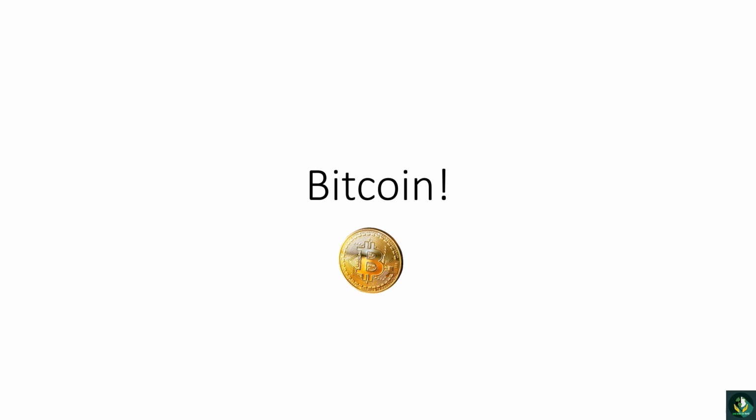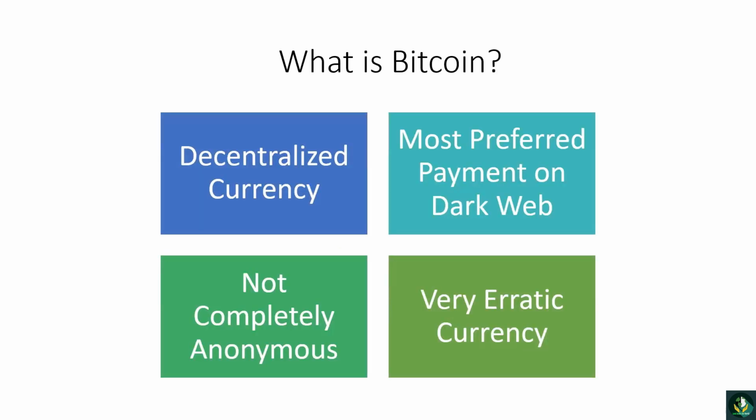So this is a basic introduction to what Bitcoin is and how it's used, and what the current value is. Firstly, you will realize that Bitcoin has a very nice logo. It just looks like a coin, but with a B in the middle of it, which means Bitcoin. Coming on to understanding what Bitcoin is, first you have to understand its abbreviation, and that is BTC. BTC means Bitcoin.